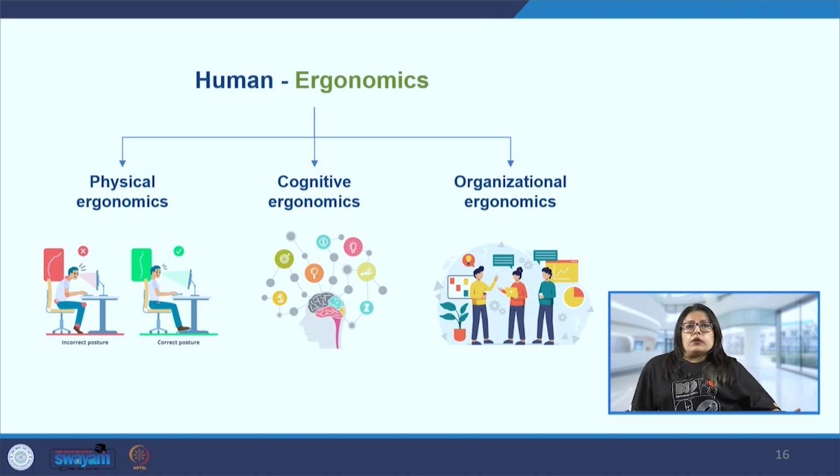Next area, which is cognitive ergonomics, deals with our cognition, that is, how we can make systems and information easy for the brain to process. So when the information presented to us is not arranged in a proper manner, or the data is very complex and not organized well, all of this can lead to an increased load on the mind of the human being. So how do we decrease this load?